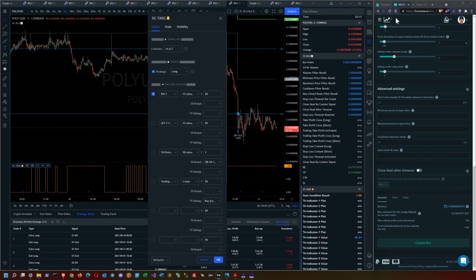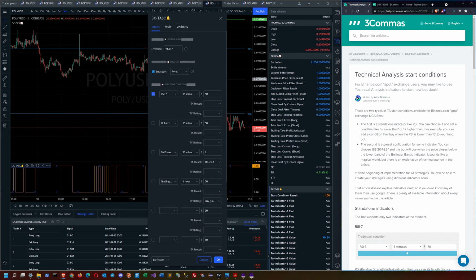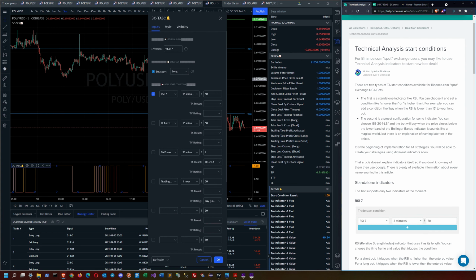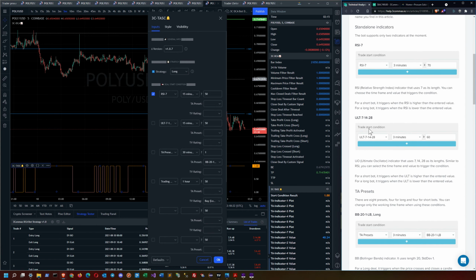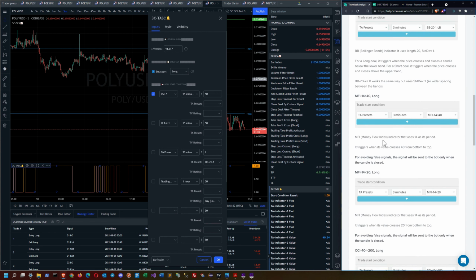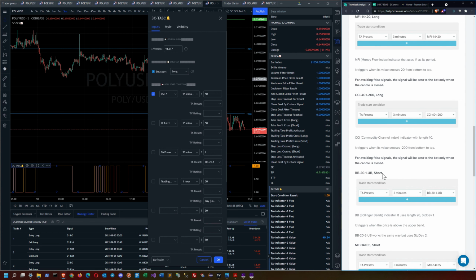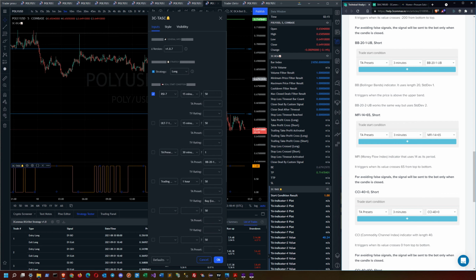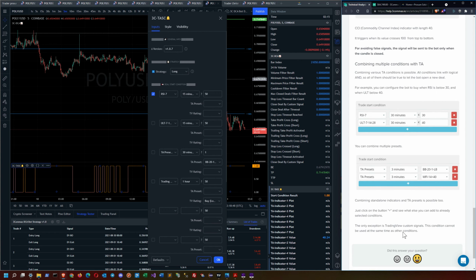from them. So what I ended up doing when I started coding this is I actually studied this one page here by 3Commas called the Technical Analysis Start Conditions, and it describes all these different TA start conditions that are available if you use Binance. So you have things like RSI 7, the Ultimate Oscillator 7-14-28, and then you've got 8 different TA presets like Bollinger Bands. You've got the Money Flow Index. You've got like the Commodity Channel Index and all the various strategy directions as well for longs and shorts and so forth. And so what I ended up doing is I emulated all of these particular features as best I